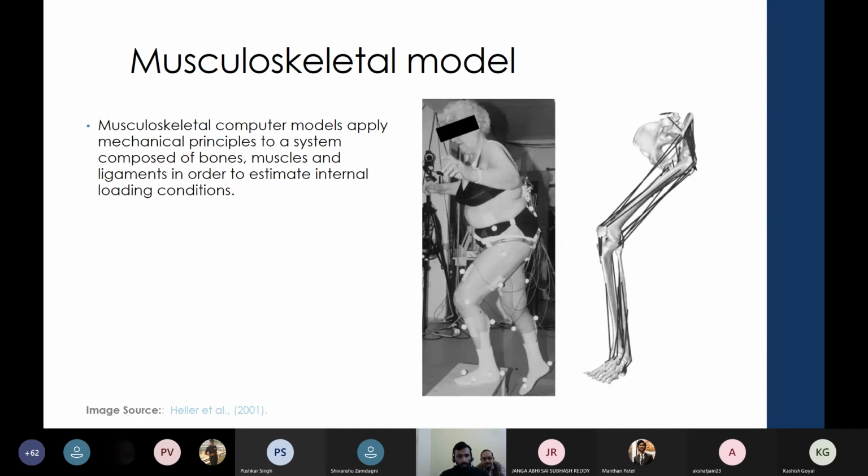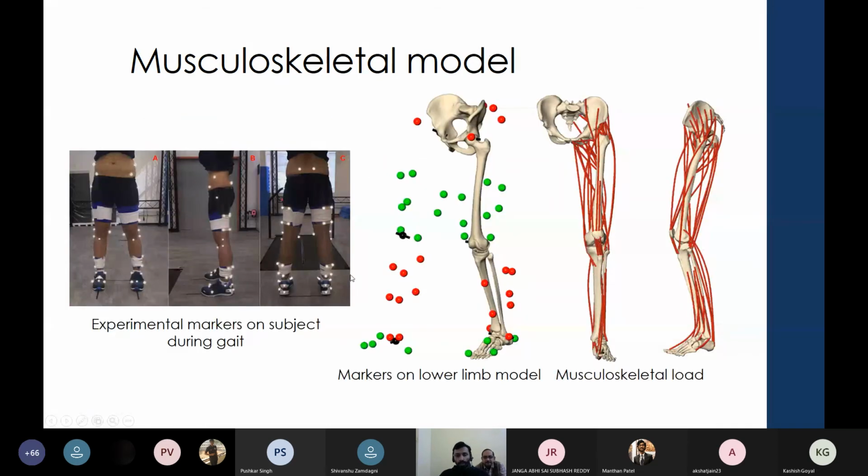Usually the musculoskeletal models apply mechanical principles, and involve bone, muscle and ligament in order to estimate the internal loading conditions. This is from the last slides. There will be experimental markers on the subject during the gait analysis, and these markers are used in order to measure the forces.